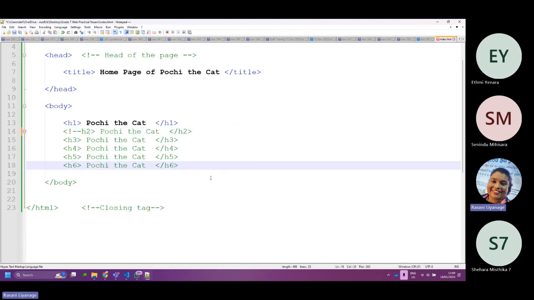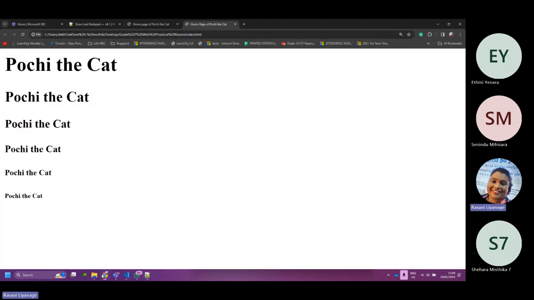Next, at H6, put double dash. Then it would be like only Poochie the cat.